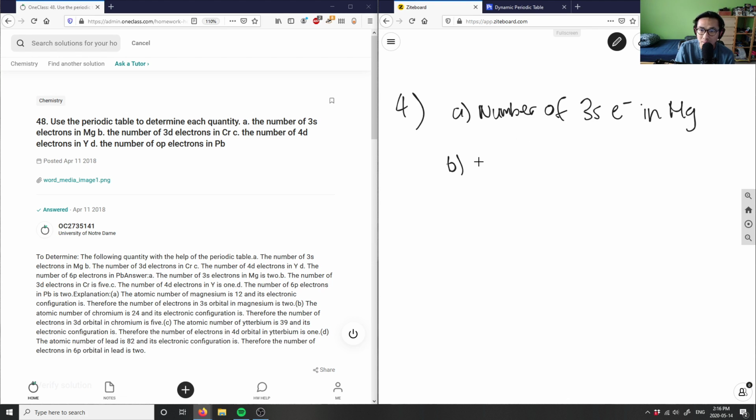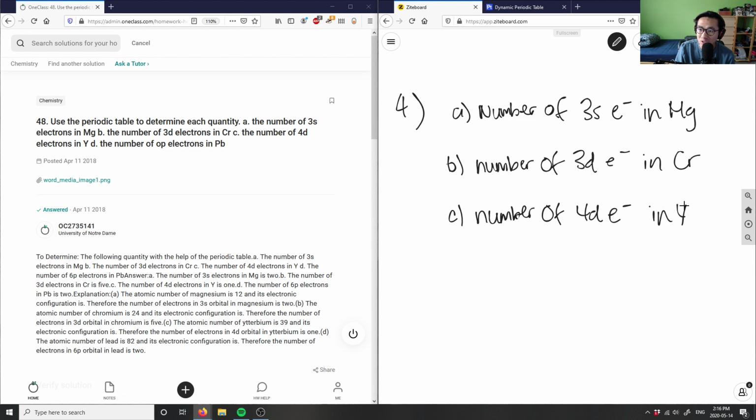B is the number of 3d electrons in chromium, C is the number of 4d electrons in yttrium, or Y, and D is the number of